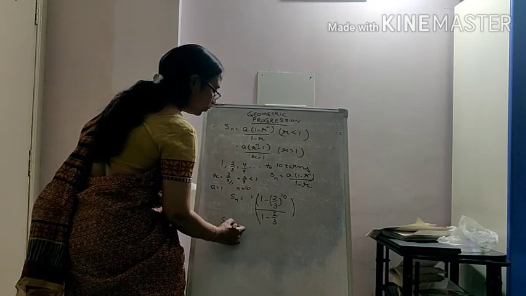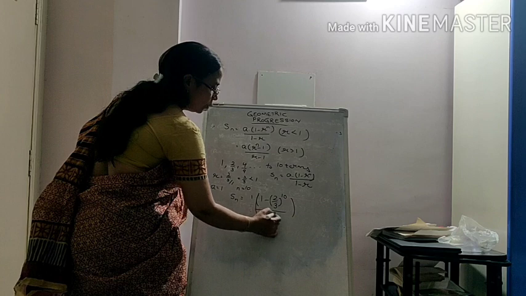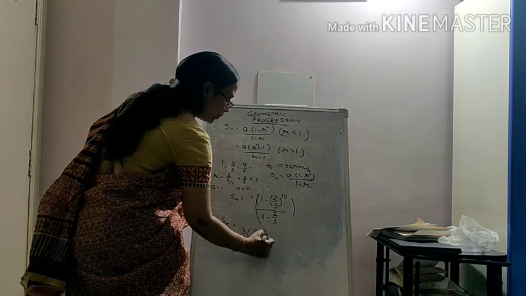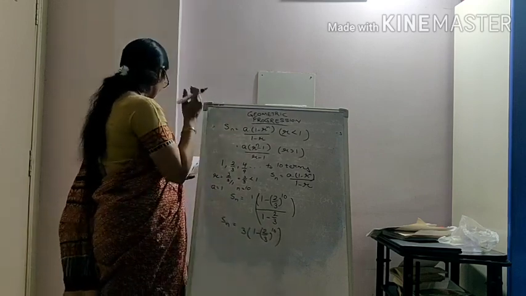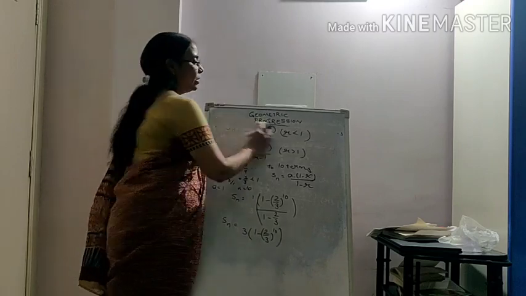Sn is equal to 1 minus 3 minus 2, 1 by 3, so 3 into 1 minus 2 by 3 whole to the power of 10. We can stop here or else we can simplify and do. Like the next question,